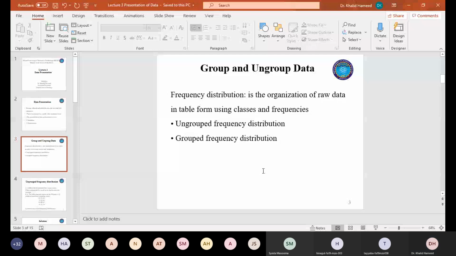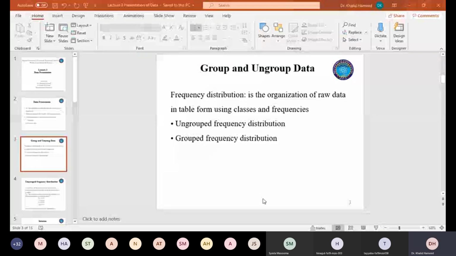Whenever you go to the field or do an experiment, what you have is always ungrouped data. Another way to say ungrouped data, it's data in its raw form. You just collected the data set and you did nothing with that specific data set. You offered no treatment to that data set. So the data in its raw form, we name that the ungrouped data.